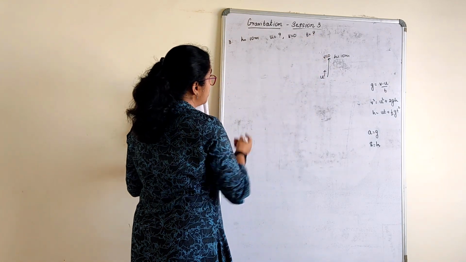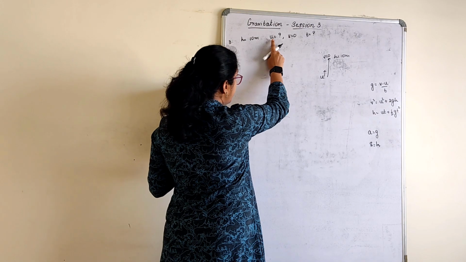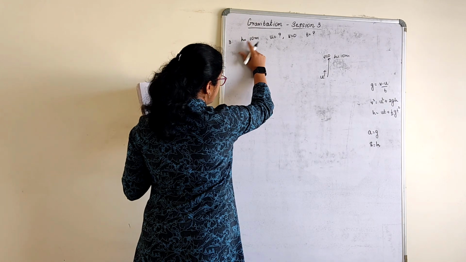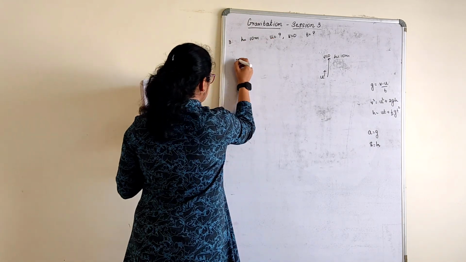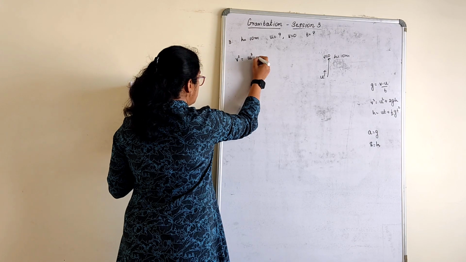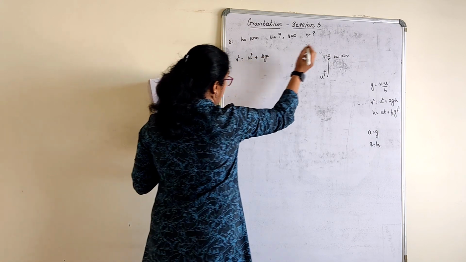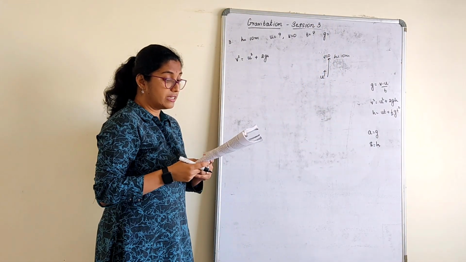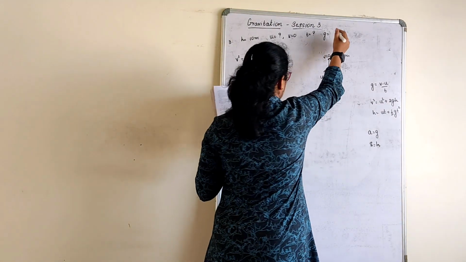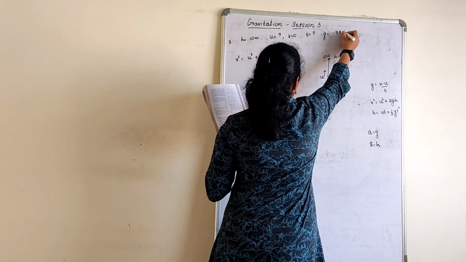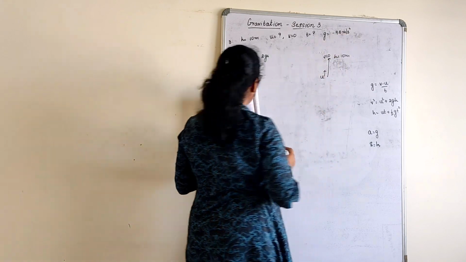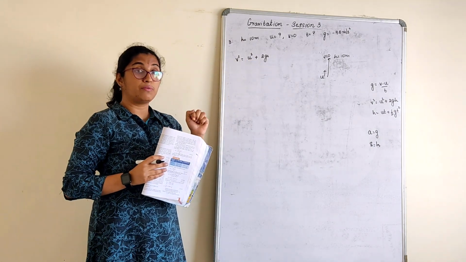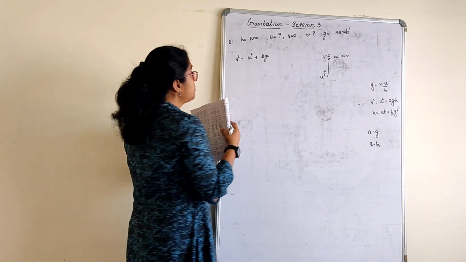So now you see, first of all, only h is given where we have to find u as well as v. I think with the formula where h is there, the v square formula, we can use it. So v square is equal to u square plus 2gs. Okay, now what is g here? The body was thrown up, the ball was thrown up. They have not given g as 10. So we have to consider g as minus 9.8 meters per second square. Why minus? Because the ball was thrown up. Understood why g is now 9.8? Because they have not given it as 10.